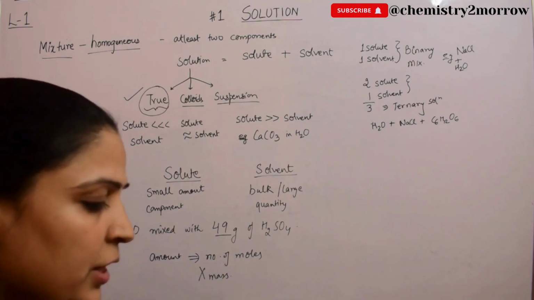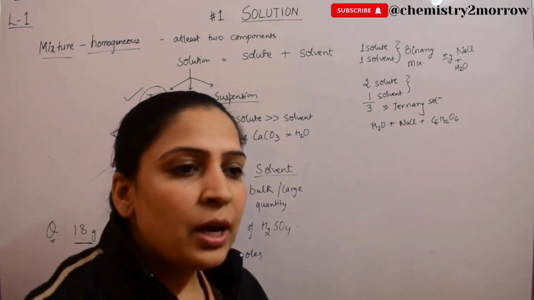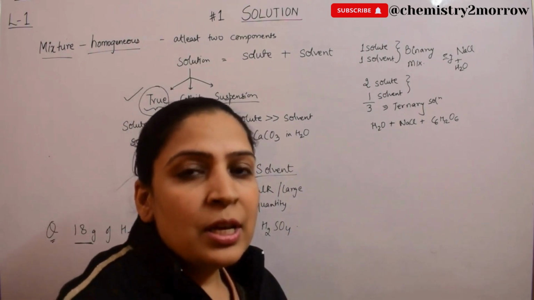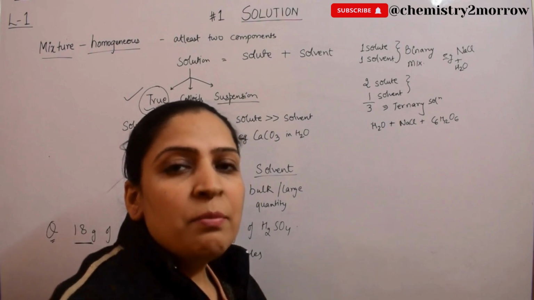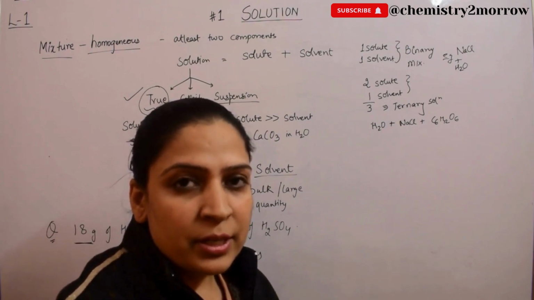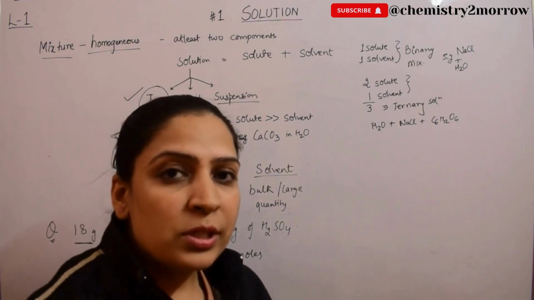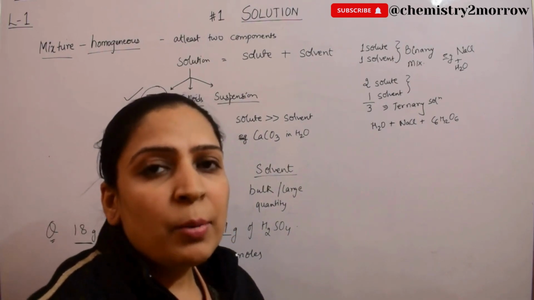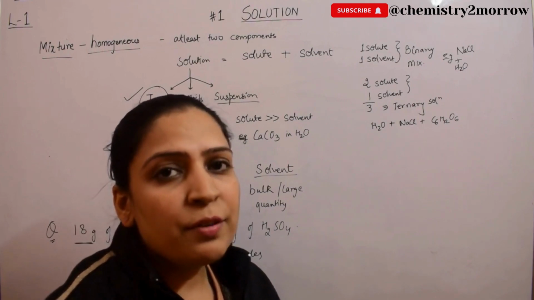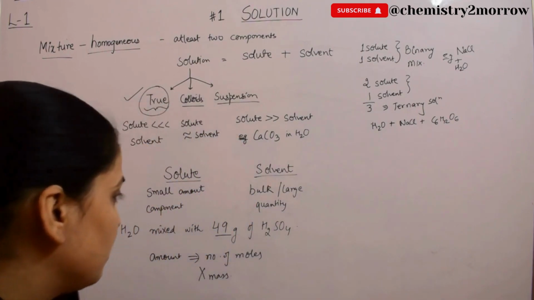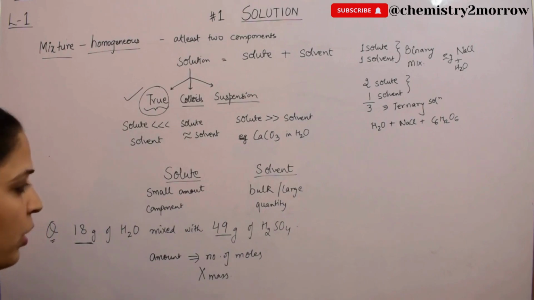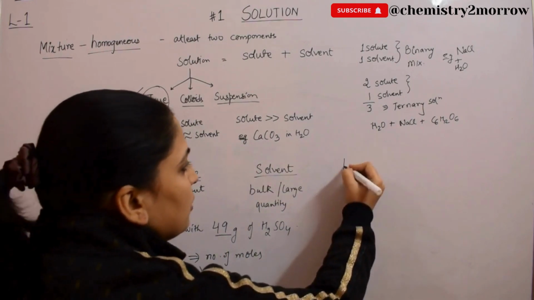So as you have studied in your class 11 chapter 1, the amount of a substance is one of the 7 base units defined by the SI system, and the unit was moles. So whenever we are talking about the amount of a substance, it is always referred to as moles of the substance. So let us see what is the mole of water and sulfuric acid in the mixture.